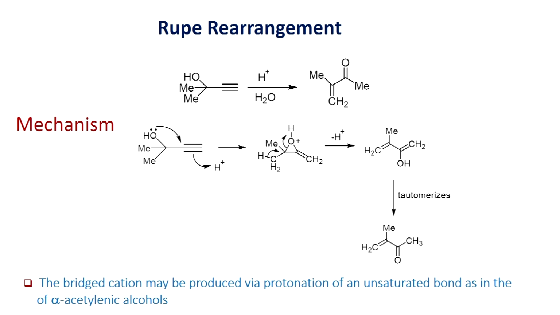The reaction of acetylenic alcohol is shown here. When you take this acetylenic alcohol and react with acid, as we have seen, it can protonate. With water as nucleophile, you will be able to convert this alcohol into vinyl ketone as the product, and the mechanism of this transformation is shown here. As we have seen, protonation of this triple bond can generate